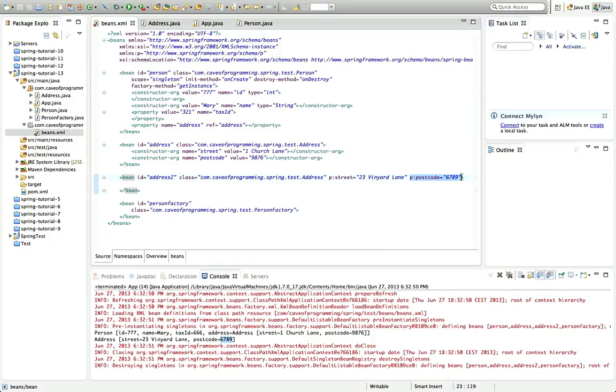So just an alternative, and you can even mix and match if you want, but don't try to set a property with both the P syntax and the property syntax, because you just get an error then. But you can happily set some one way and others another, but probably best to stick to one method for the sake of